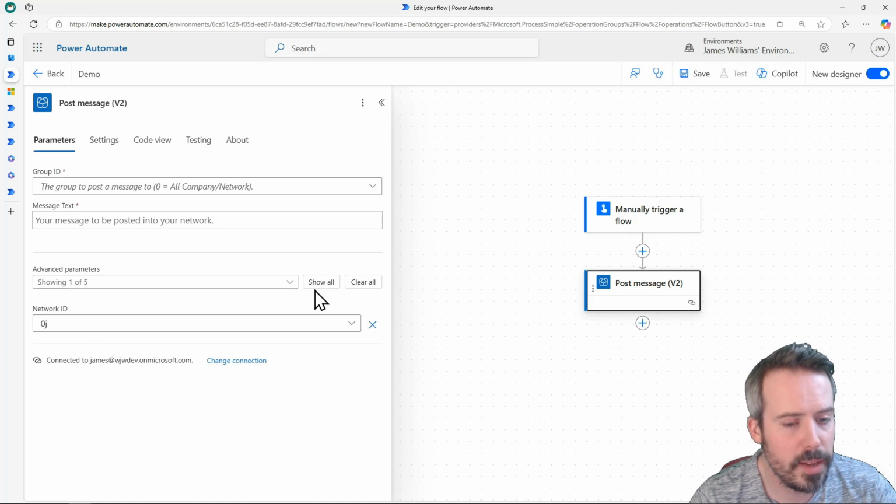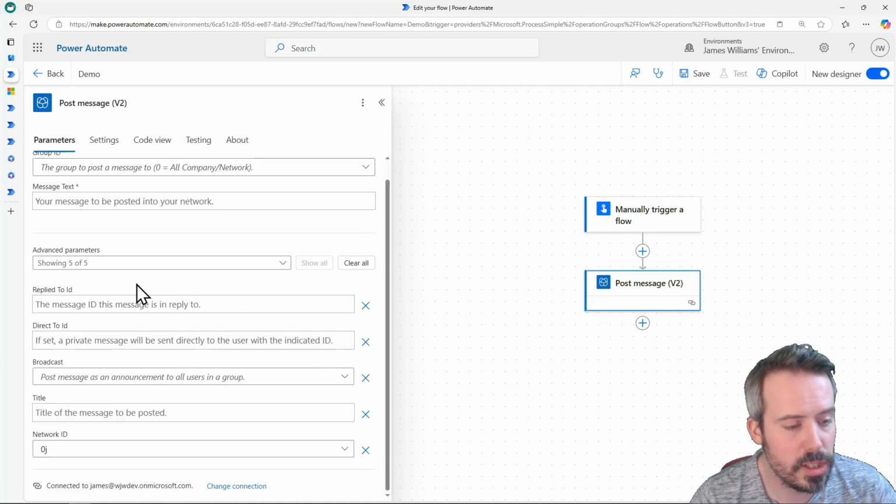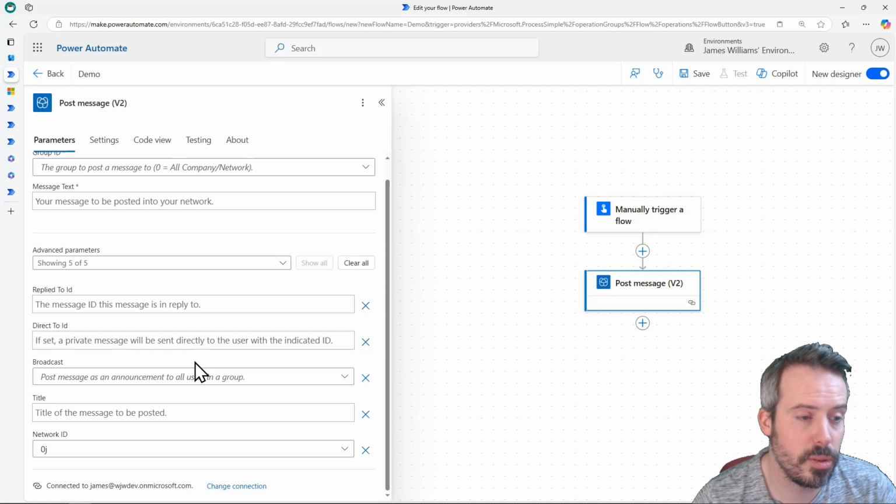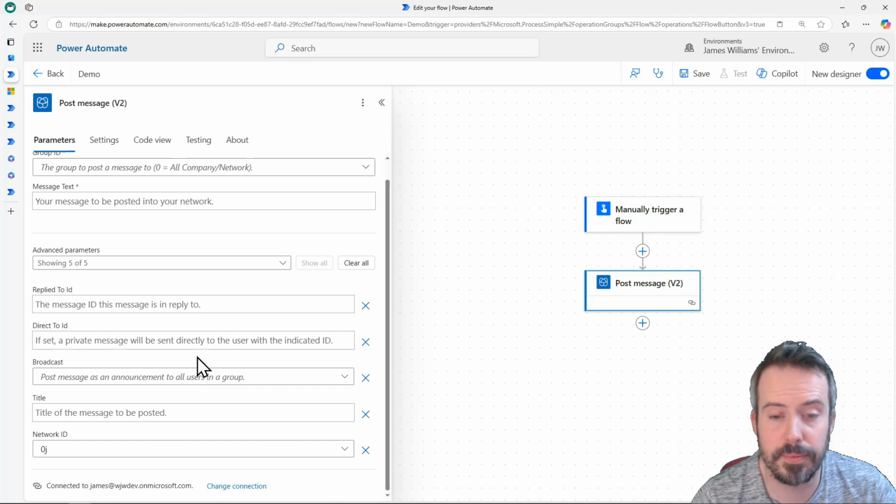But there's nowhere here, even if we show all the additional options, the advanced parameters, we can see there's no way of actually telling this post that we want it to be a praise type post, and there's nowhere for us to include an image. So in order to get around those limitations of the built-in Viva Engage connector, we're going to use the Yammer